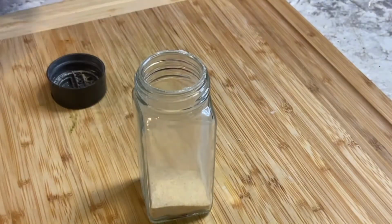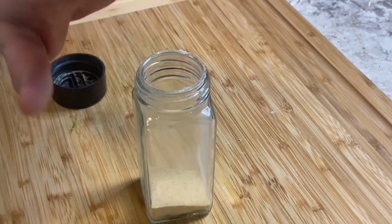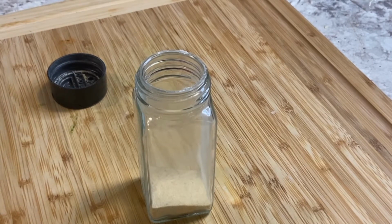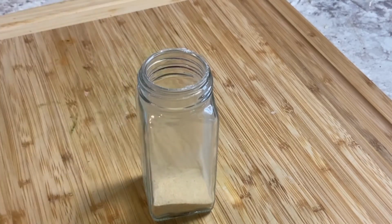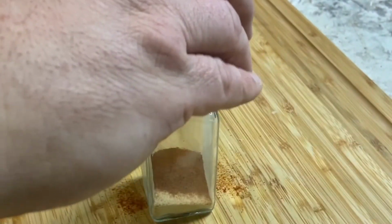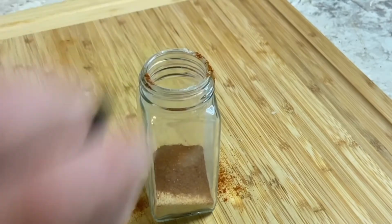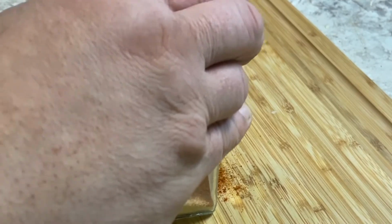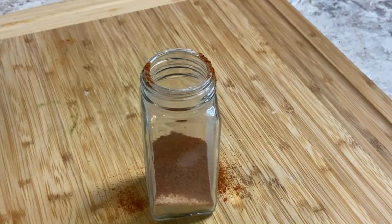All right, so blackened seasoning. How do we make this? This is how I keep my spices generally, in containers like that. Basically what I'm going to do is add, that's just garlic powder, add some paprika. I prefer using smoked paprika. Some people use sweet paprika. I don't know that it really matters. Paprika's paprika, right? And I use these little containers so I can just shake them up, give everything a nice little healthy mix. Paprika, black pepper,